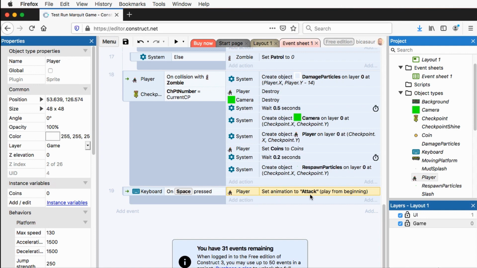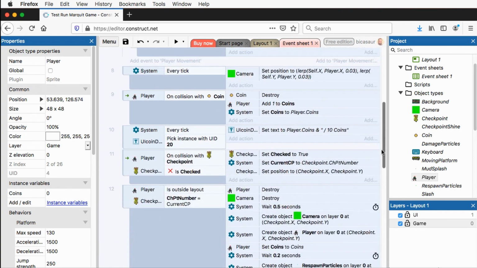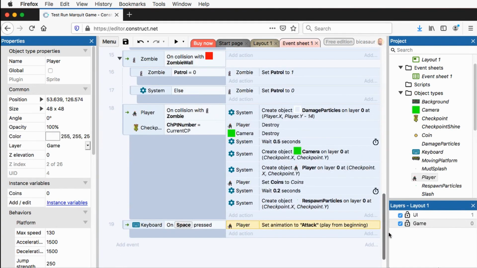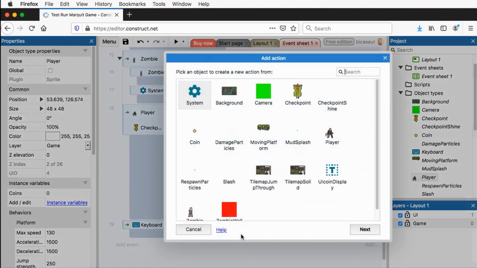So we want it to set the attack animation, and we also want to, for a moment, deactivate the, I've got this group up here, player movement, that's got our changing animations and our left and right turning. All that kind of stuff is in this player group. We need to deactivate this for a moment while the axe swing animation plays. So what we're going to do is have the system